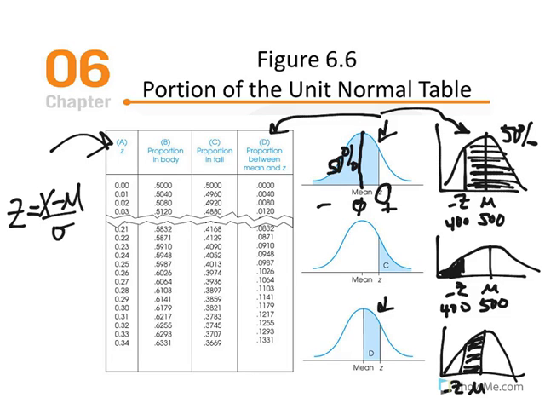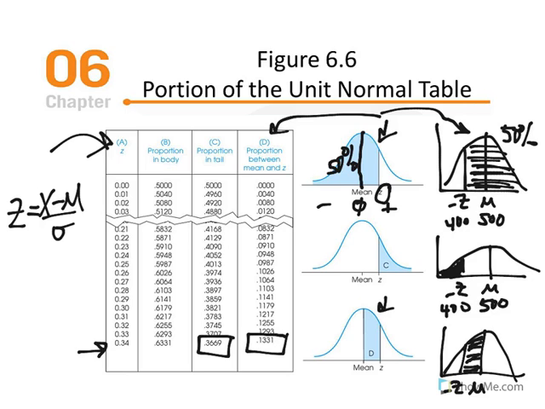So the area or proportion between the mean and the z and the tail will always be proportions less than 50% because they make up half of the distribution. And if you look at any area between the mean and the z for any z-score, let's just take this one for instance, 0.34. The area in the tail added to the area between the mean and the z,